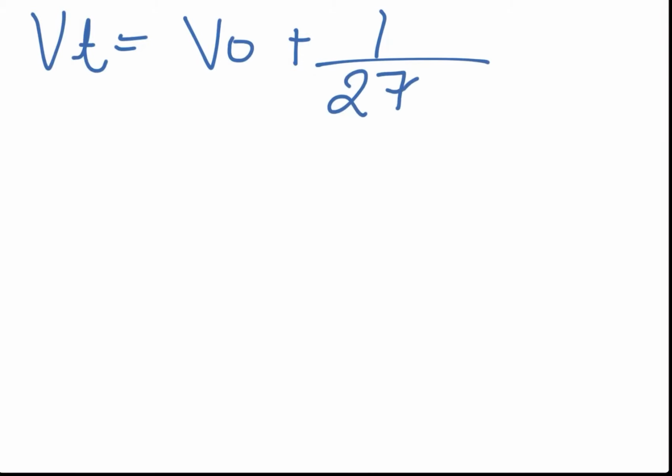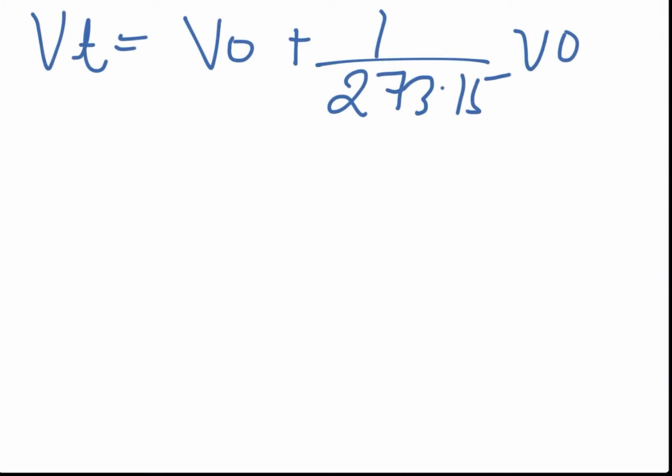Suppose the volume at a temperature T is Vt. So Vt at a temperature T is given by the initial volume plus the rise which has come to that volume. Initial volume will be there plus the rise. And what is the rise? As we have just discussed, 1 by 273.15 of the initial volume. This is very simple. Vt, the volume at temperature T, will be the original volume plus the rise per degree Celsius, because the temperature has risen from T0 to Tt.